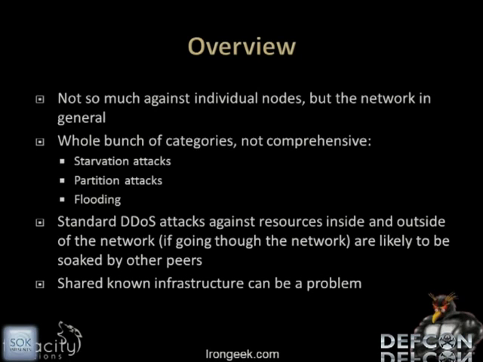Shared known infrastructure is also a problem. This is not necessarily a direct attack inside the darknet, but if certain core servers out there, like let's say the Tor directory servers, are taken out, well, it becomes really hard for people to be able to use Tor if they can't figure out anybody to route through. Similar things with I2P. If the I2P website went down, a lot of people wouldn't know where to download the client.